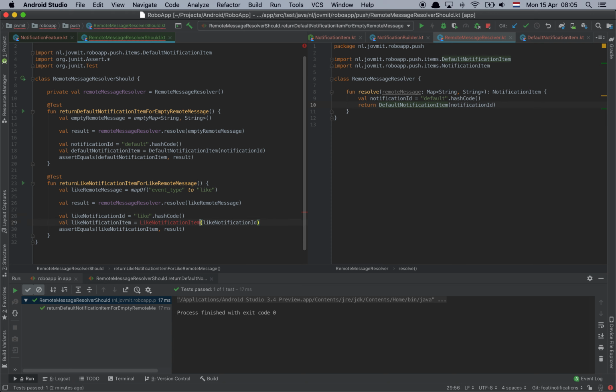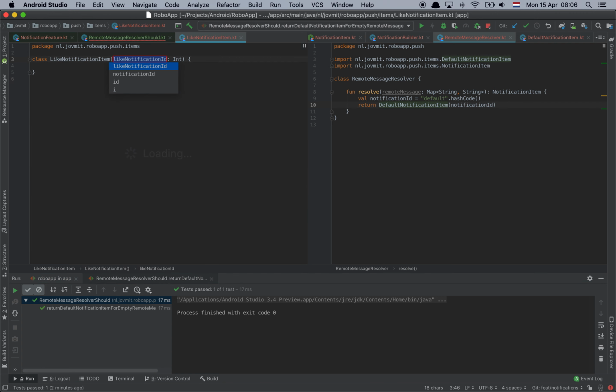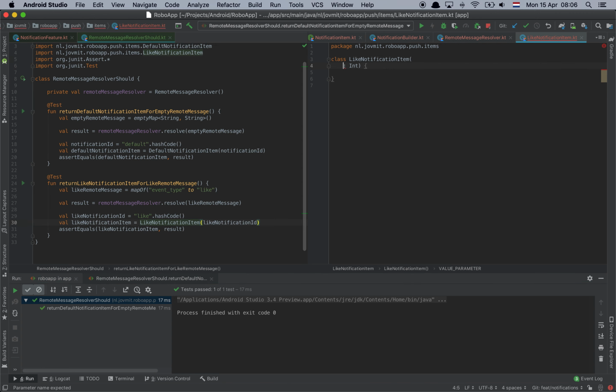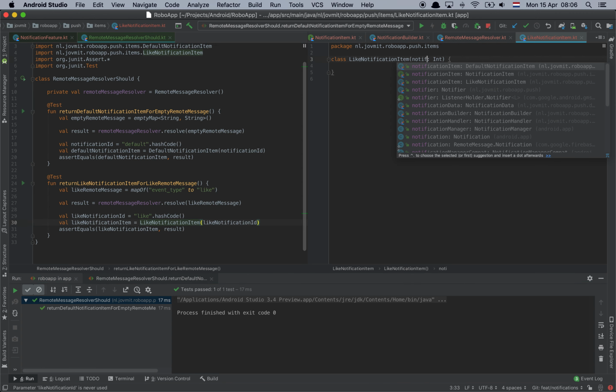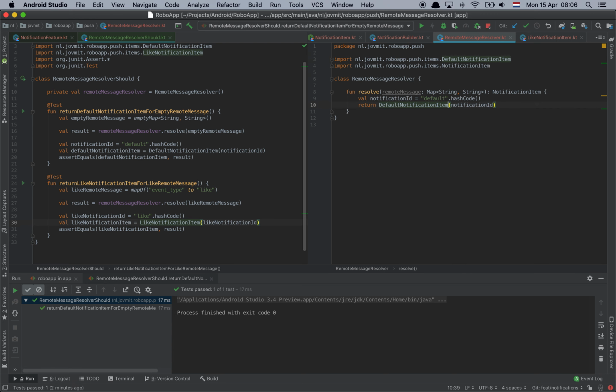Yeah, let's create a class out of this. Also in the items, move it here. This should be notification ID, and here I would say yeah,